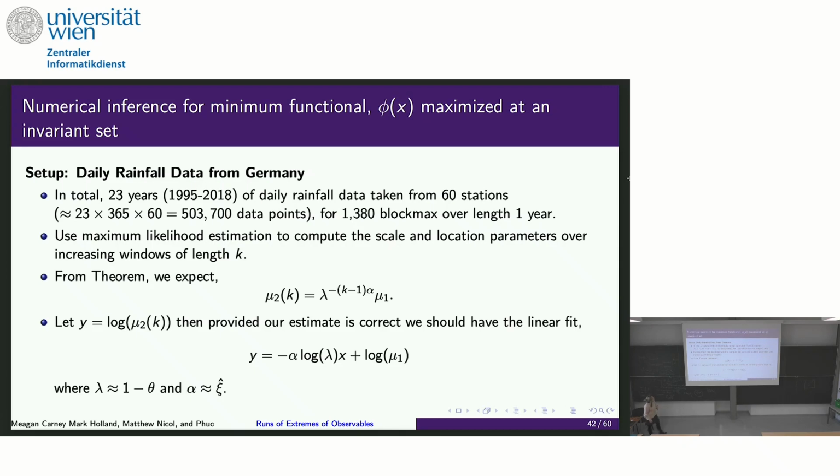So from this, our theorem, we expect that our location looks like this, right? So we have some lambda parameter, which we actually don't know, but we estimate our lambda as 1 minus theta, and we can do a Farrow-Seegers estimate of theta. Right, yeah. So that's really key there. Rainfall's Frechet. So all of these are for the Frechet. Exactly. Thank you for that. So we would expect sort of to be within this theorem that we've created in some sense physically.